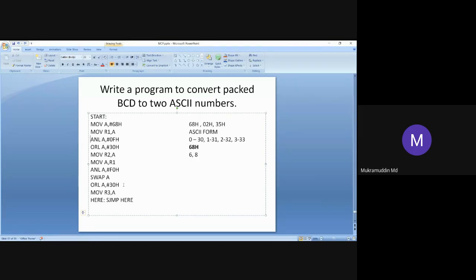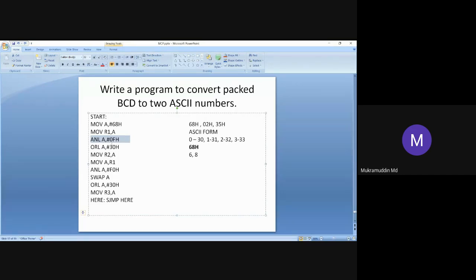See here. In this third step, ANL A, #0FH. AND logic is applied between A register and 0FH. What does A register contain?